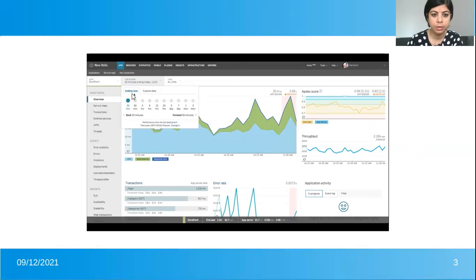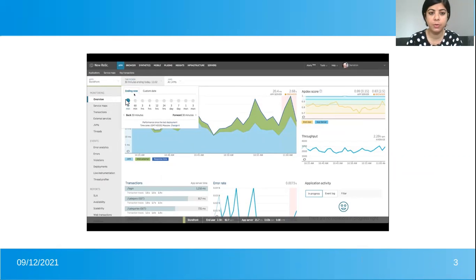So here it has been set for 30 minutes. We can also customize it, like for a particular date of the month, from 11 a.m. to 12 a.m., what was the web response time? We can see that as well. So this is about time picker.